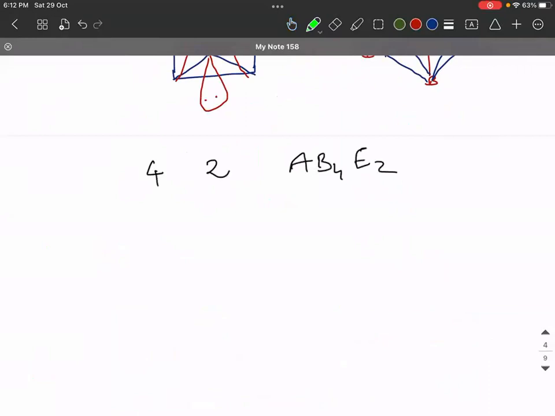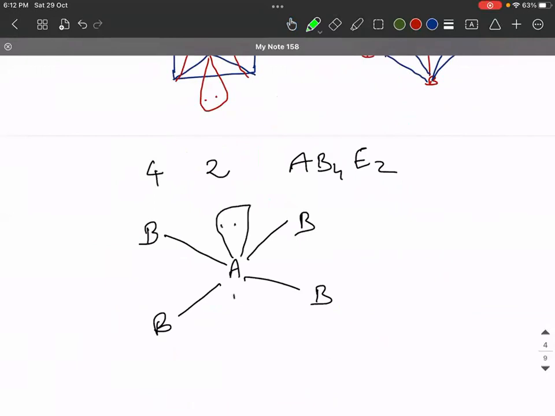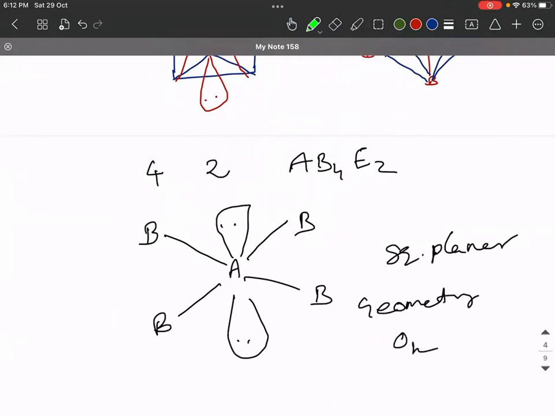So what will be the shape? A, B, B, B, B. And then one lone pair above and one lone pair below. So the shape is square planar and the geometry is octahedral. Okay, is it clear? BSc theory, no doubt, no. So simply keep in mind 2 means linear, 3 means triangular, 4 means